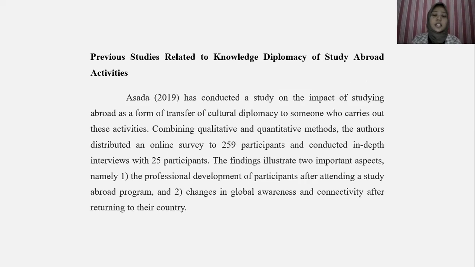ASADA has conducted a study on the impact of studying abroad as a transfer of cultural diplomacy to someone who carries out these activities, combining qualitative and quantitative methods. The authors distributed a survey to participants and conducted in-depth interviews with 5 to 25 participants. The findings illustrate two important aspects, namely one, the professional development of participants after attending a study abroad